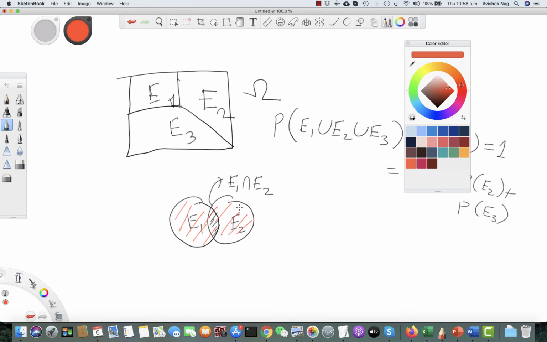If you sum these two circles, first E1 and then E2, this overlapping region appears twice in that sum. Okay, so you can say that probability of E1